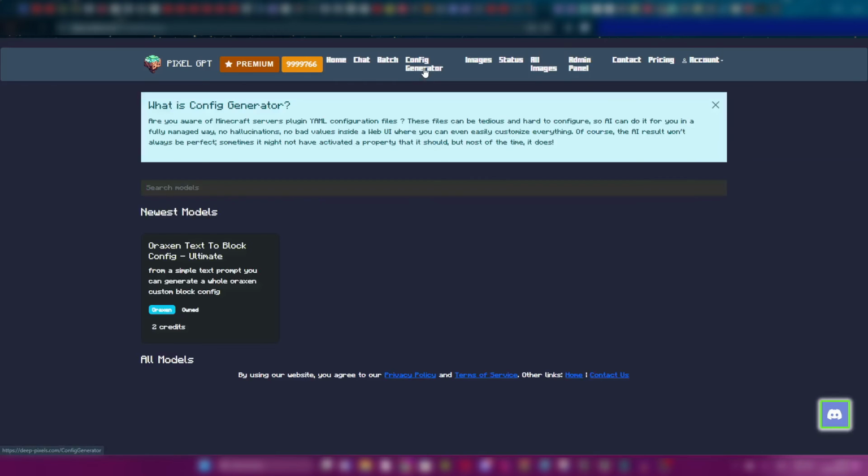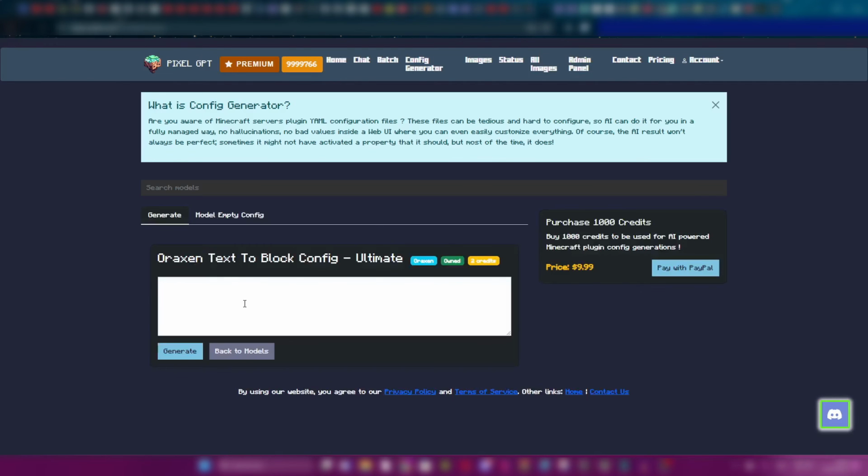Now we'll go into the config generator page, and it's one of the last subjects of this video. Yes, you have a Minecraft server, you have plugins, so I know there is only one here right now. You might have plugins with YAML configuration files. You want AI to do it for you, you actually can for certain plugins. So right now only Oraxen custom block is supported, so you can only do custom blocks. But the main idea is yes, you can